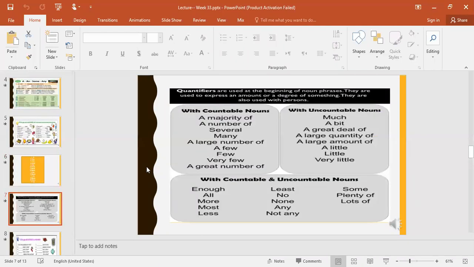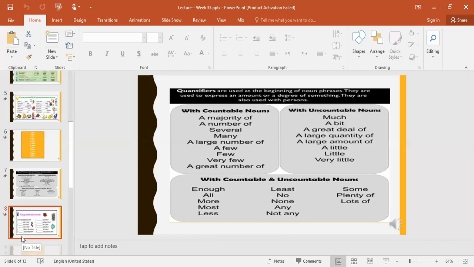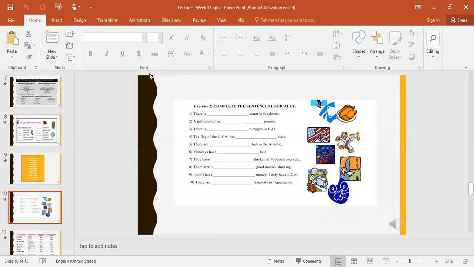We also explained something very important, which is the quantifiers. We said that the quantifiers are words used at the beginning of noun phrases. They are used to express an amount or degree, the amount of something, and they are used also with persons. We said that there are different kinds of quantifiers. Some of them are used with countable nouns, some of them are used with uncountable, and others are used with countable and uncountable nouns. We also solved an exercise related to these. Now,